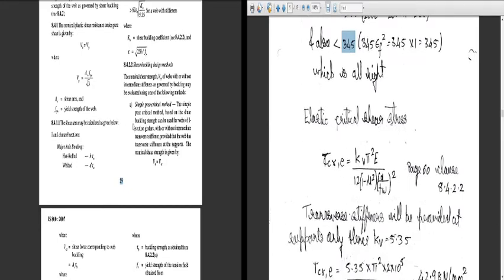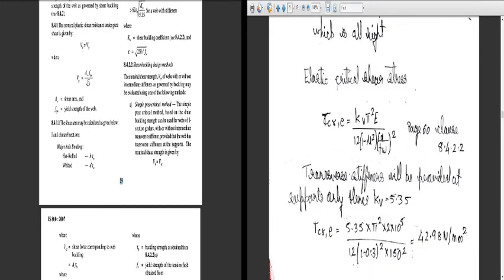And the elastic critical shear stress. For this formula of tau cr, we will go in reverse, so first we compute tau cr here. This is the formula for tau cr, the elastic critical stress, which is given by Kv pi square E divided by 12 (1 minus mu square) into (d by tw) square. You can see the formula is written here: tau cr is equal to Kv pi square E divided by 12 (1 minus mu square) (d by tw) square. This is given on page number 60, clause number 8.4.2.2 of IS 800 2007.